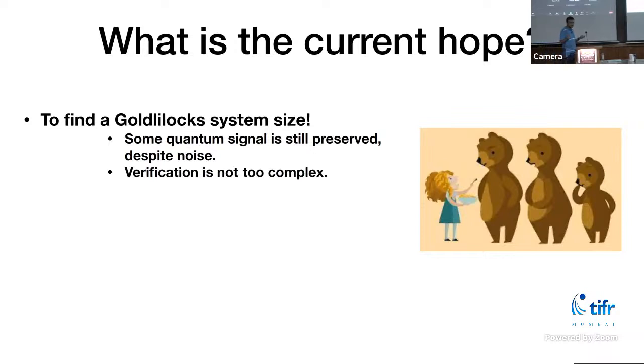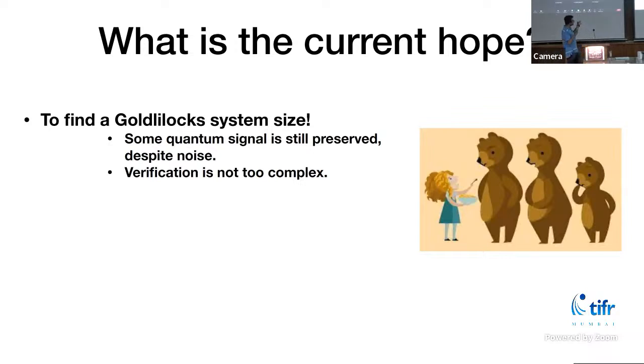And the verification shouldn't be too complex. So what do I mean by verification here? At a high level, it means something like, say someone claims that they solve random circuit sampling. They give you a bunch of samples and say that these samples came from some quantum circuit C, let's say. How do you verify that that is true? There's no easy way of doing it right now, but there are some benchmarks that we will see.